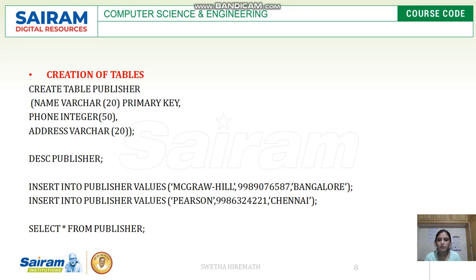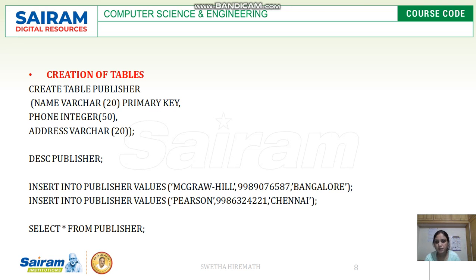The next attribute is phone. Phone will always be integer data type, and I gave the maximum value as 50. Next is address, varchar 20. Address may also vary, so I have given the maximum limit as 20.